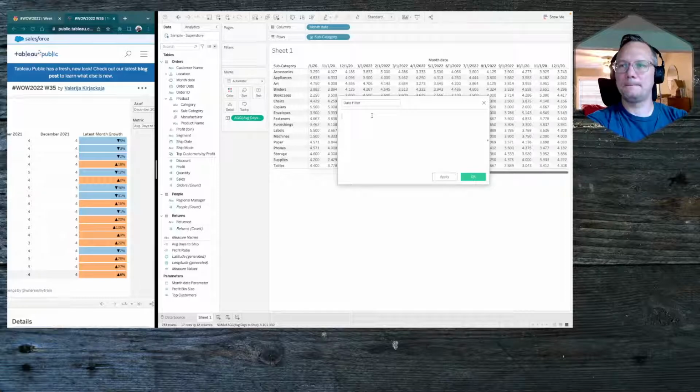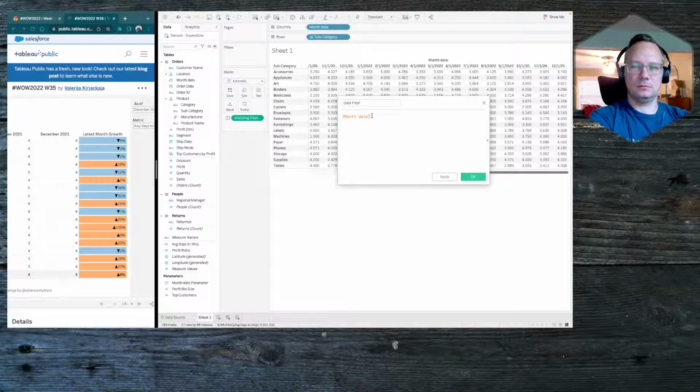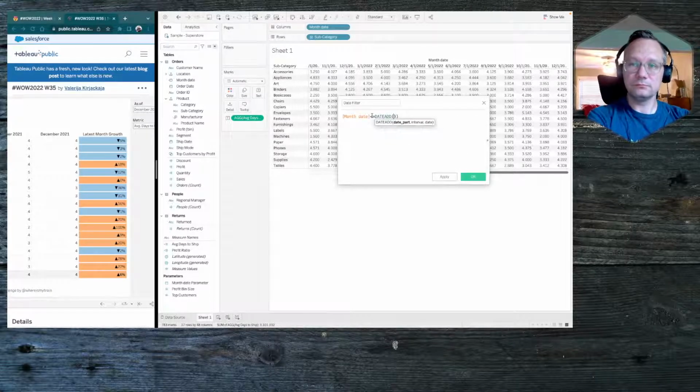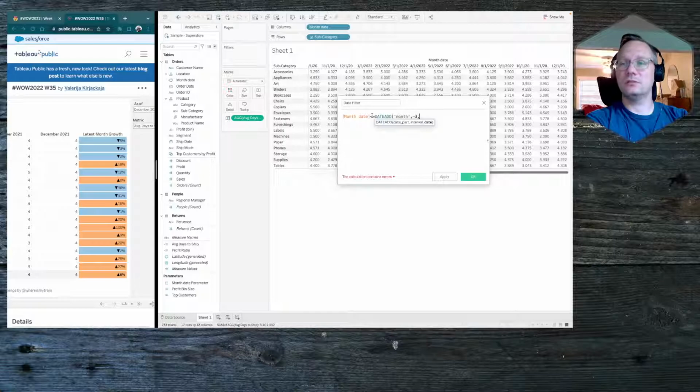Let's do month date is less than or equal to date add month -3 from the selected month date parameter,